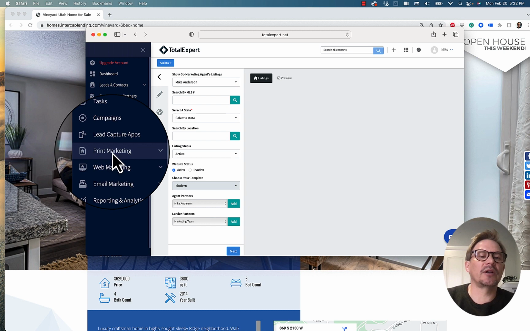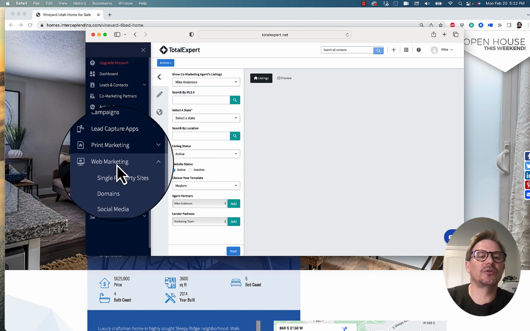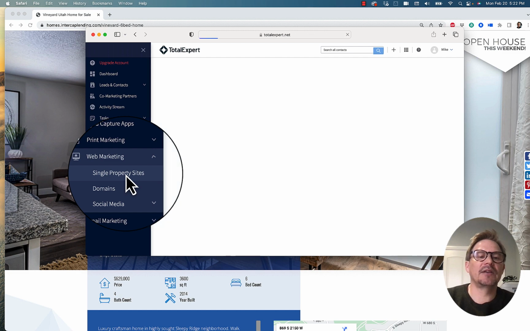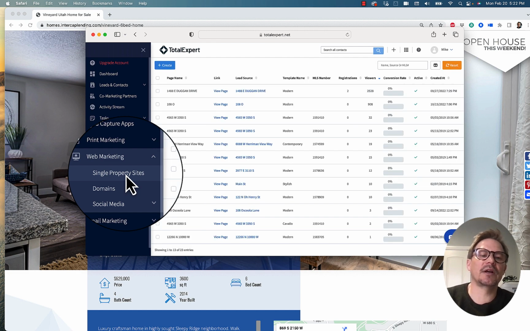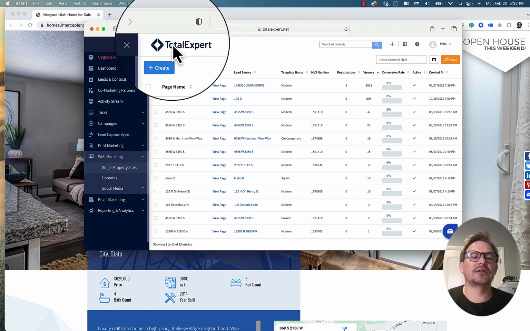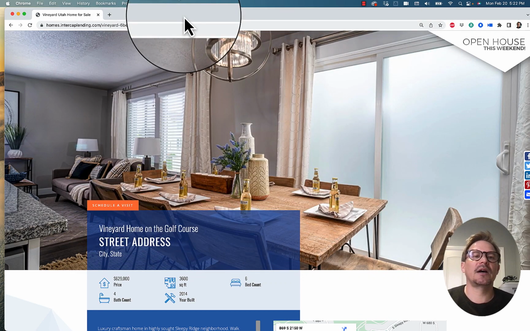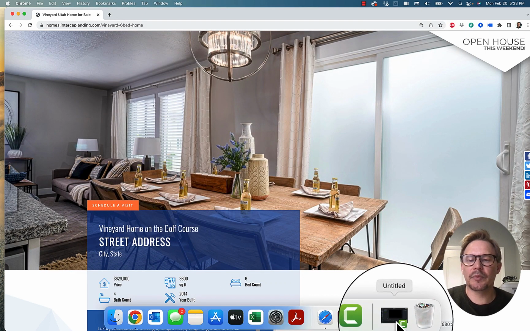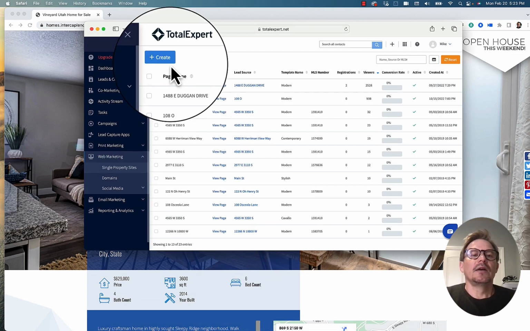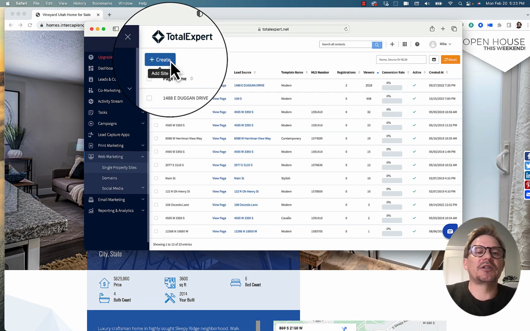Once you log into Total Expert, you'll go down here to Web Marketing and then to Single Property Sites. If you don't have a Total Expert account, just contact your Intercap Lending loan officer, and he or she can set you up with one of those, and it's free of charge for you to use that. Let's bring that back up again. So to create your single property website, just hit the Create button,